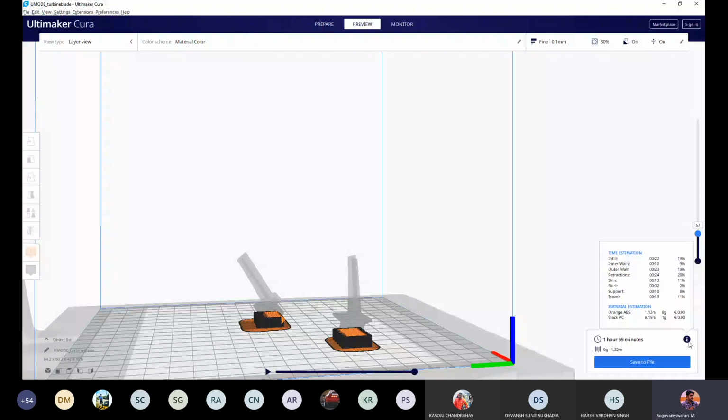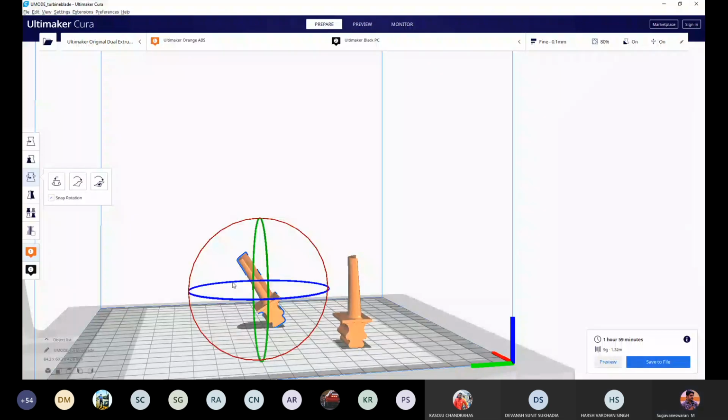I hope until the third step you are clear. Can I proceed further? Yes, sir. Okay. So maybe I can demonstrate one more. So it is 1 hour 59 minutes, 9 gram, right? So let me do the orientation for 90 degrees.